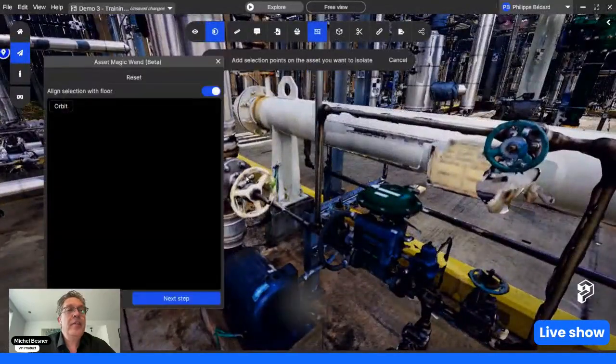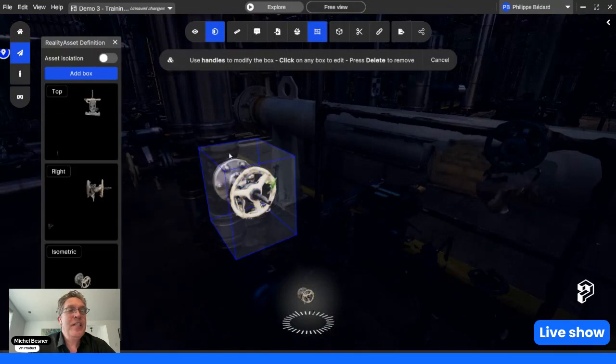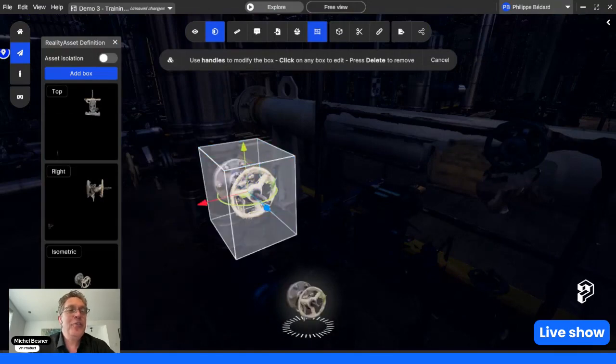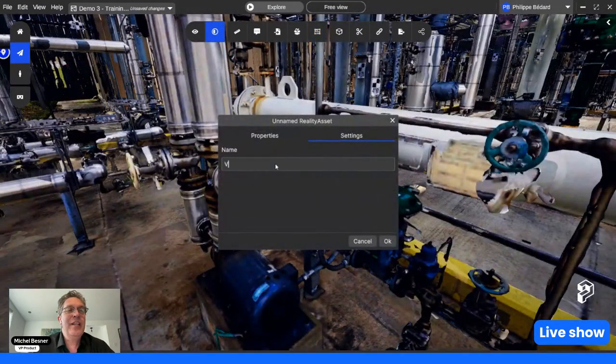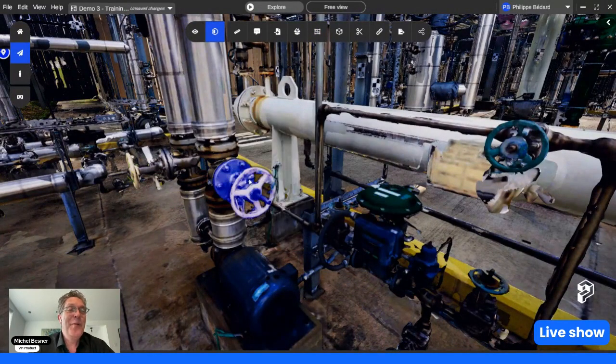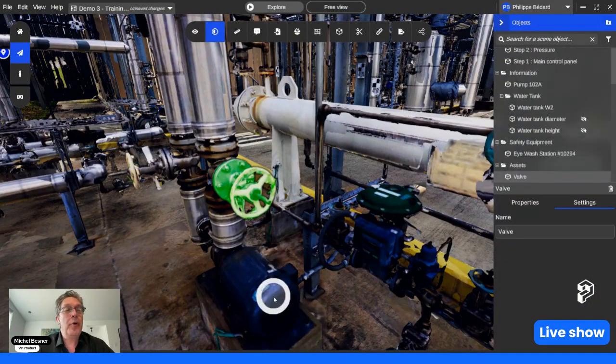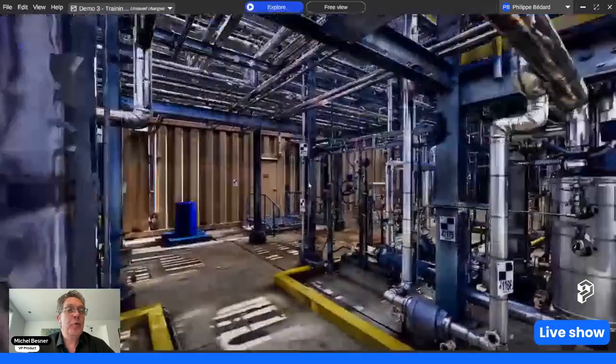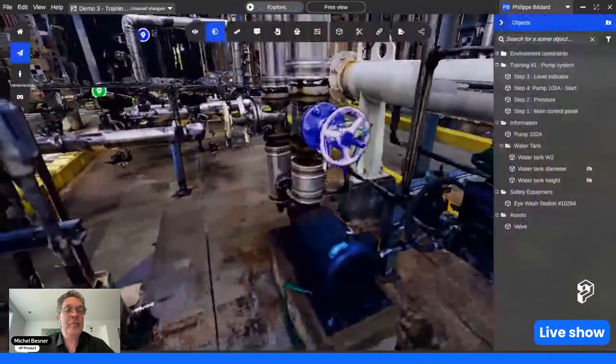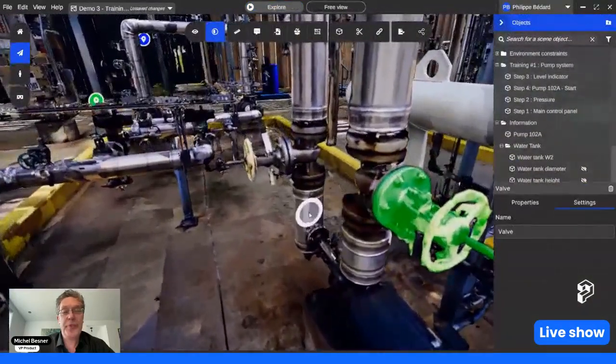Again, here I can think Phil's going to do a bit more magic wand to start building these assets. And once you start playing with this, I can guarantee that it's actually quite fun to do this work of defining the asset. As painful as you might think defining assets is, these tools that we're coming out with are really easy to use, as you can see from Phil's work. He's just clicking around and building boxes to define these assets, whatever shapes they are,